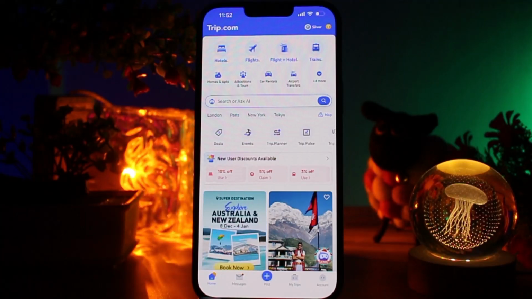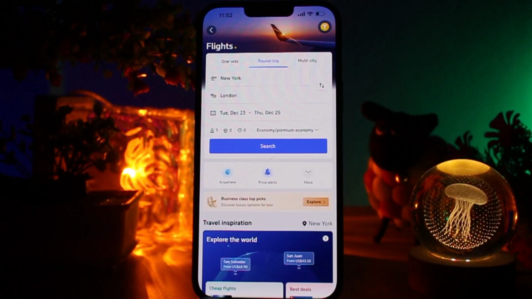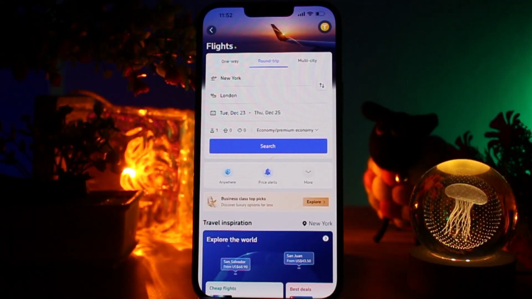Next, tap the flight icon. This will take you to the flight booking section. Tap on it. Here you can enter your departure city and destination. Then select your travel dates. Tap the calendar to select your departure and return dates if it's a round trip, or just the departure date